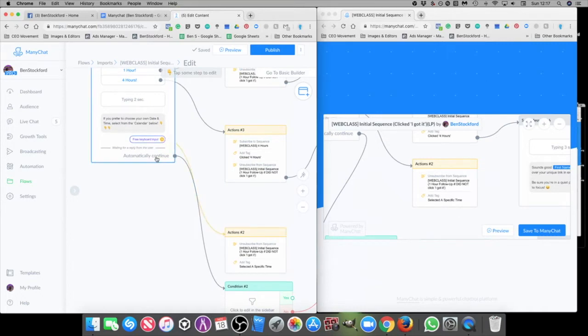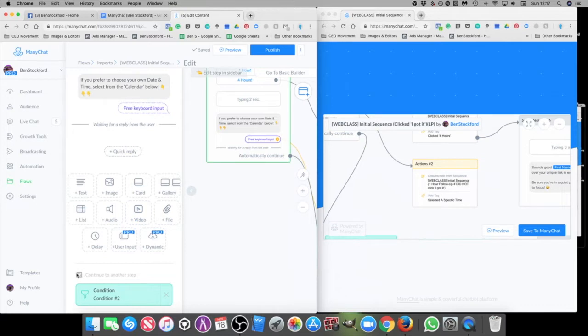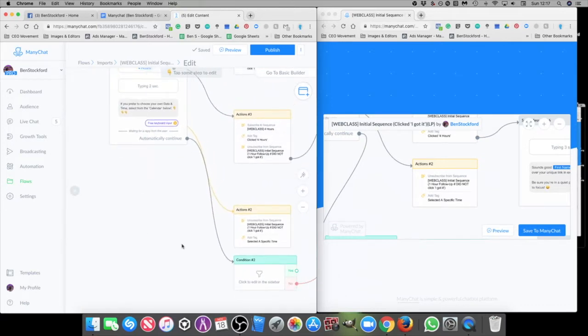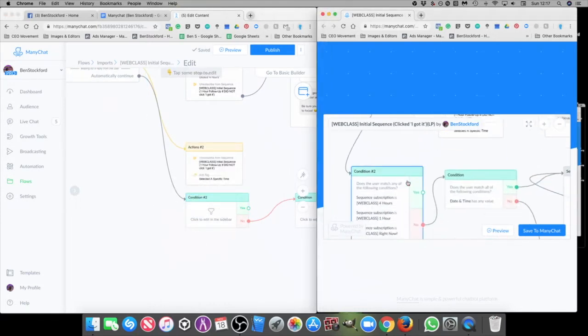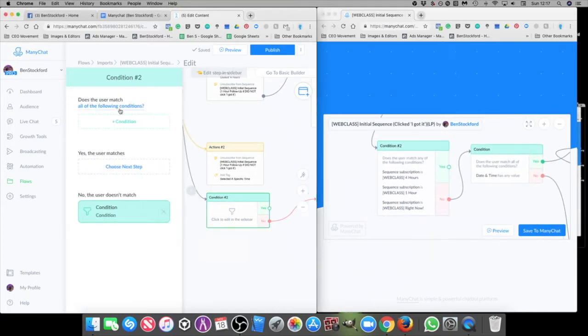Okay, so then if we click onto the message again, and just make sure that this is ticked here, continue to another step. And what that's going to do is go down to a condition, and on that condition we need to just add these in. So, does the user match any of the following conditions? Okay, so we just need to change that first. Add a condition, sequence subscription